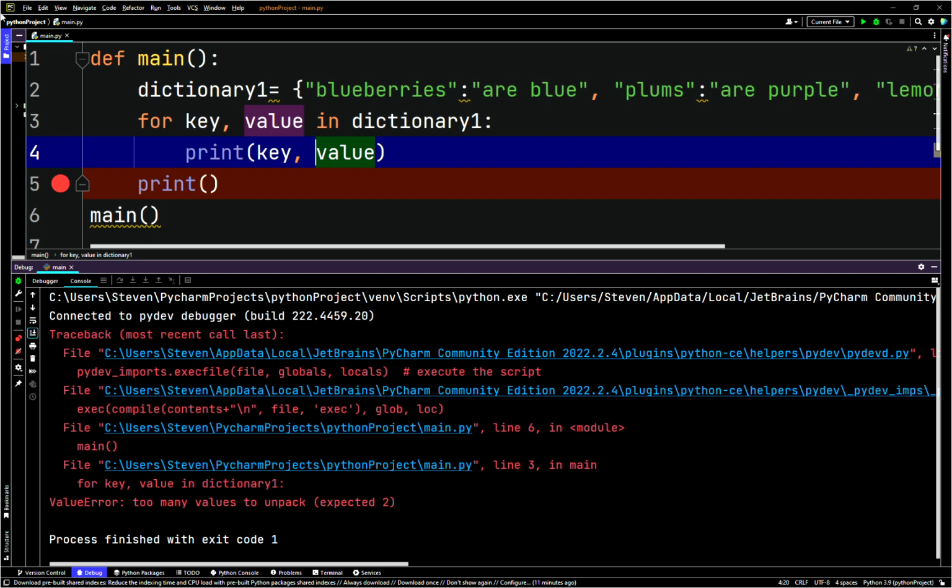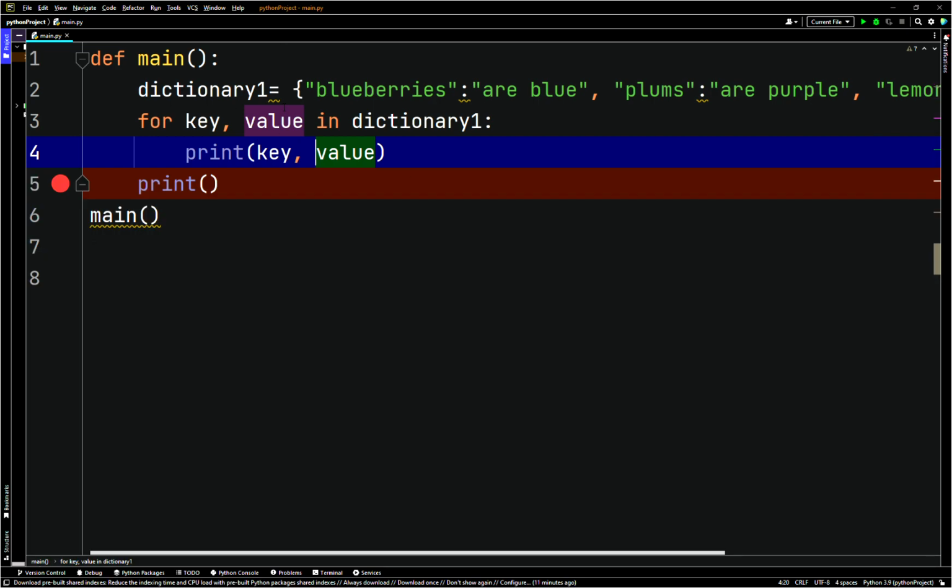Okay, I think I just missed something here. So for key, I think we need to put the dictionary here. And okay, sorry, we don't need the value here. I think we don't need that. So for key in dictionary, print key,